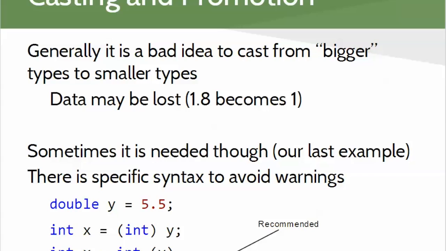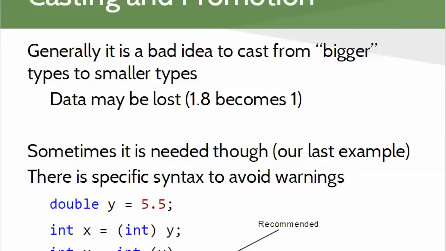The newer, more modern approach, a little bit more verbose, is to do a static cast. This has some slight implementation differences that are beyond the scope of what we're covering right now, but this is the recommended style. Static underscore cast is a keyword, followed by angle brackets and the destination type. So to get rid of my compiler warning,